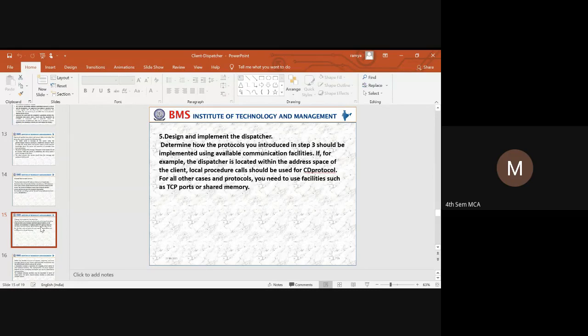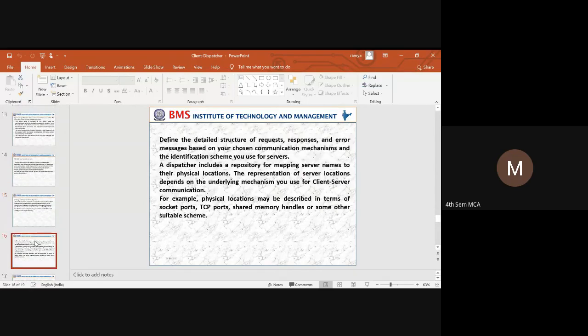For example, if the dispatcher is located within the address space of the client, it can be considered local, and using the local procedure call, the CS protocol can be used. If it is not within the local procedure calls, then we need to use facilities such as ports, sockets, shared memory. Like this, we need to utilize all the other facilities.